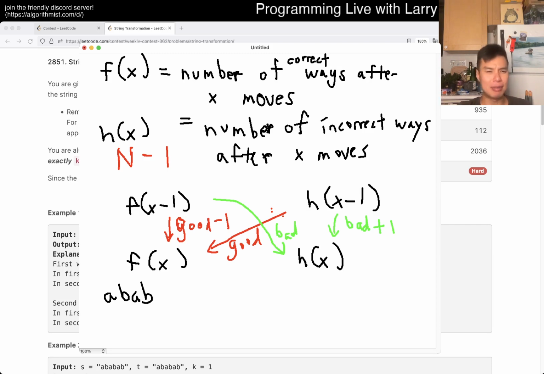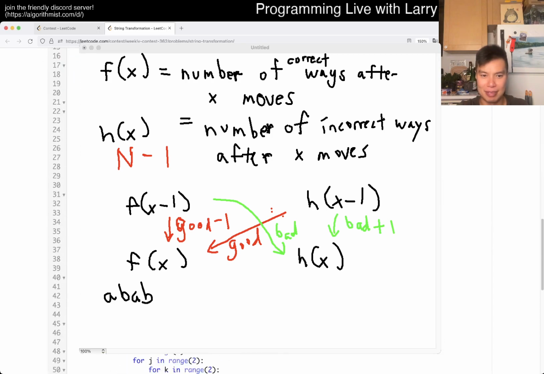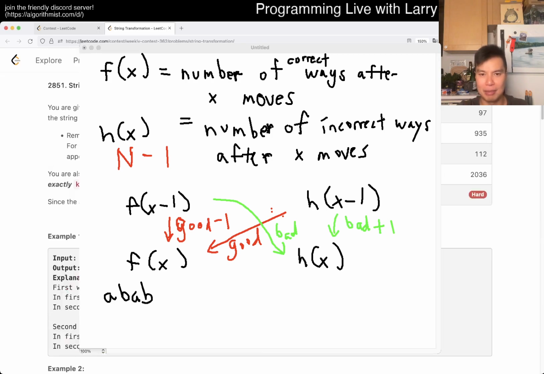And yeah, maybe I messed this up. Did I mess this up? No, I think we're okay. Yeah, I think this is right. So basically, that's the transition, right? And yeah, so we're going to shelve this for a little bit. This is the transition for a number of moves, and this is